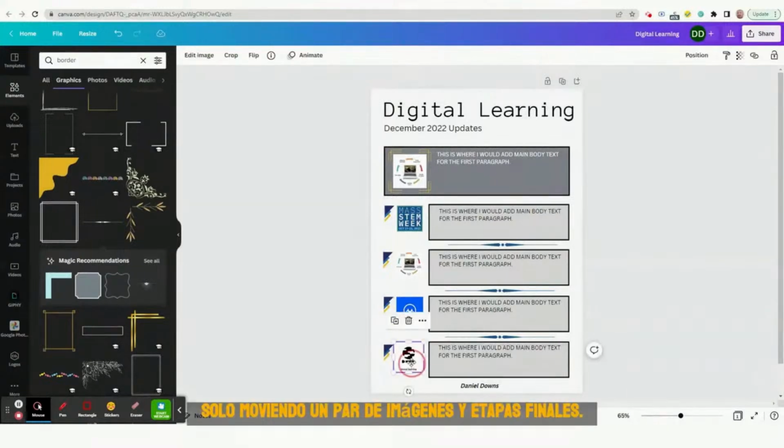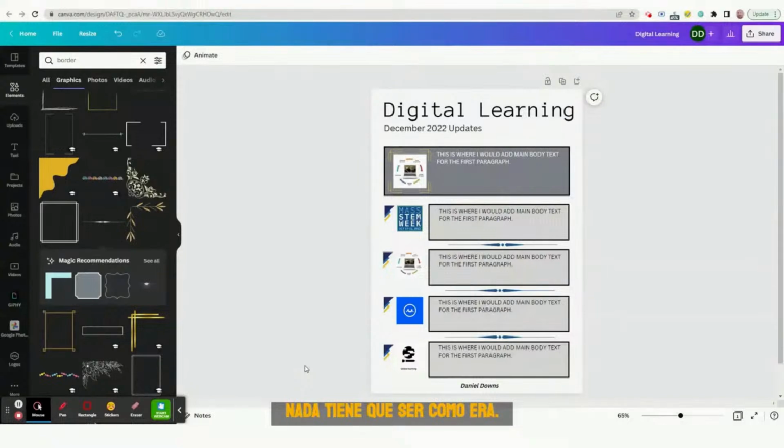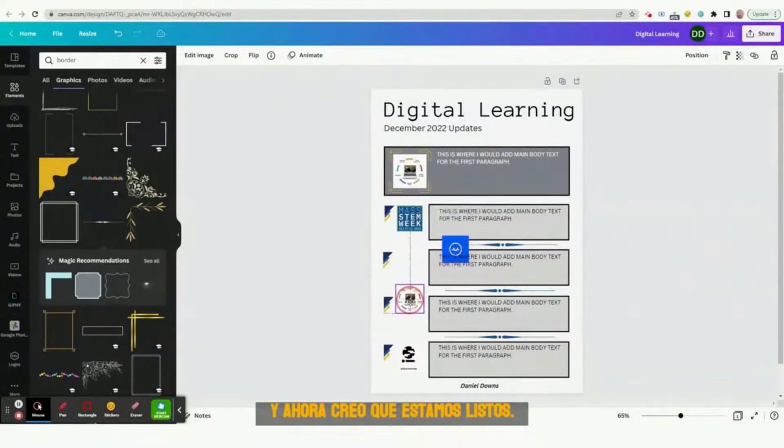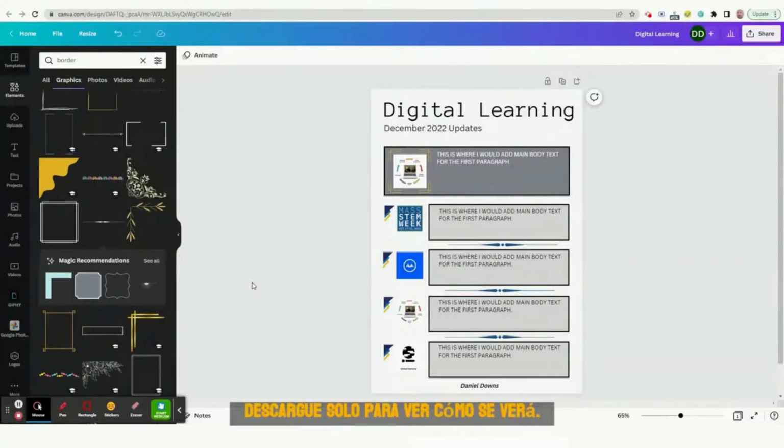I'm just moving a couple images in the final stages. Nothing has to be the way it was. And now I think we're ready to give it a sample download just to see what it's going to look